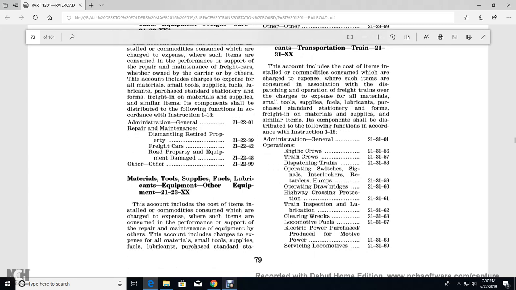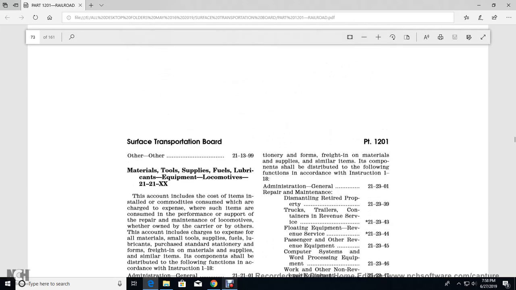Alright, your material, tool, supply, fuel, lubricating equipment other than equipment 2123XX. The account includes the cost of the items installed with the commodity of the consumer, which are charged with the expense of such items consumed in the performance, support of the repair, maintenance, the equipment of the others. The account includes the expense of all the material, small tool supply, lubricant purchase standard stationary from the freight with the material supply with similar items, the component distributed to the following function according to the instruction